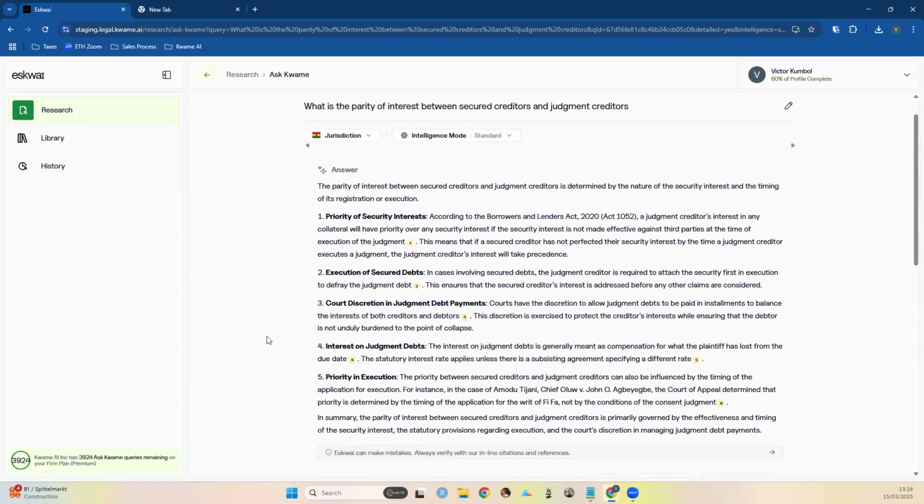Yeah, so even just a casual glance, you realize that the answer from the higher intelligence was more detailed, and even in terms of how it was structured, it was a bit easier to follow.